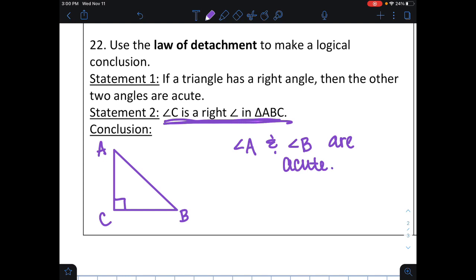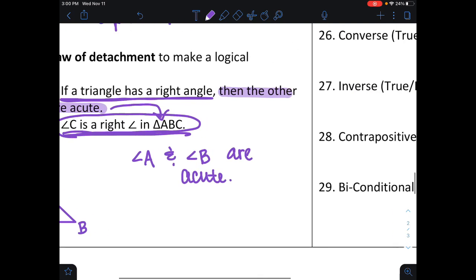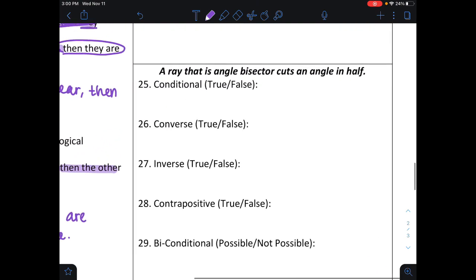Okay, because we're talking about this, and that basically confirms this. So this is the part that we're going to basically apply to triangle ABC. So the other two angles are acute, and the other two angles are A and B. All right, next problem,